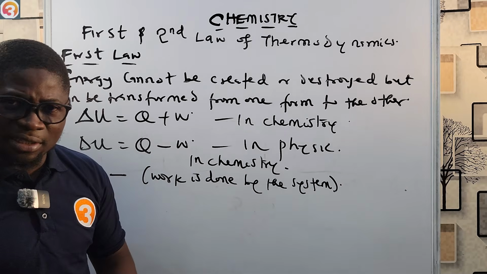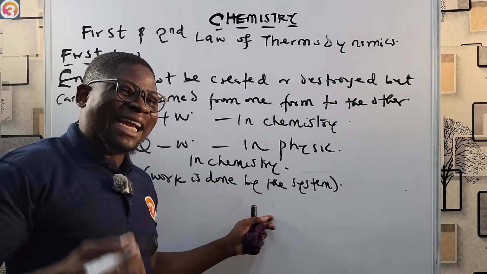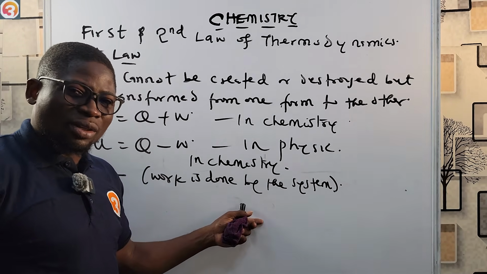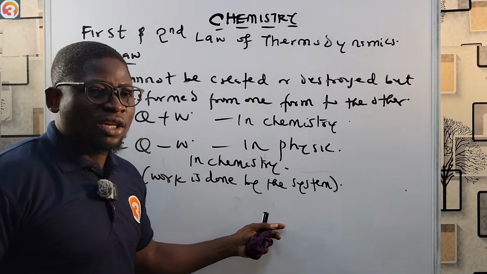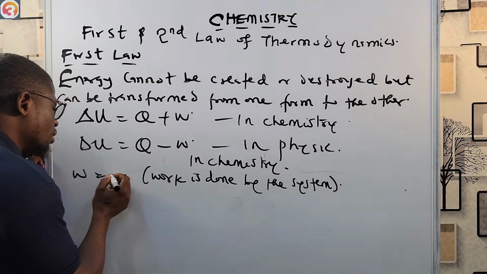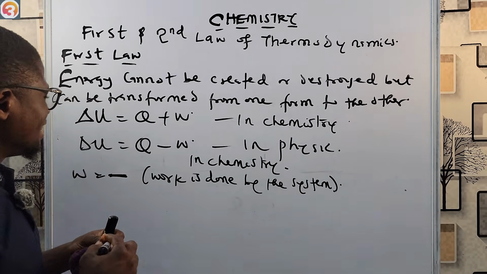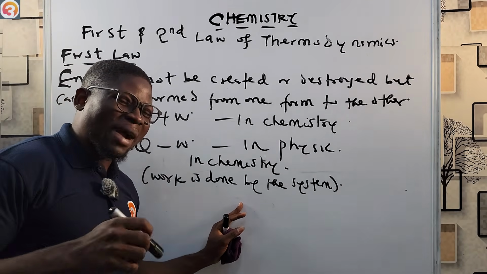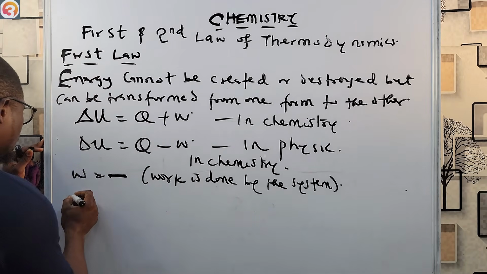So you see that internal energy will decrease, because work is done by the system. The system is doing work. It is losing energy. So the internal energy will decrease. That's why we say that work is minus. It's negative when work is done by the system. And of course, W is